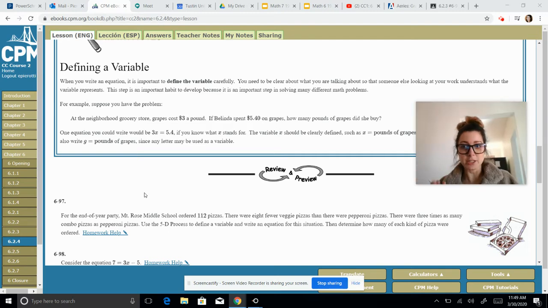Sorry, my lighting is off here, guys. Can't see all this. Goodness. Okay, so